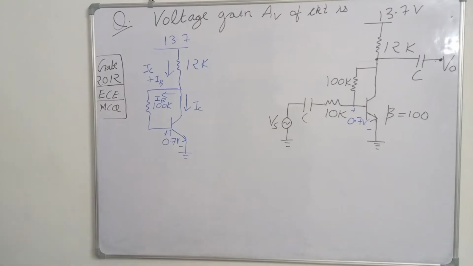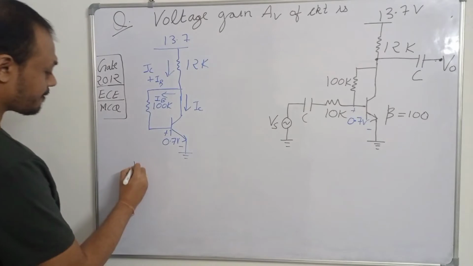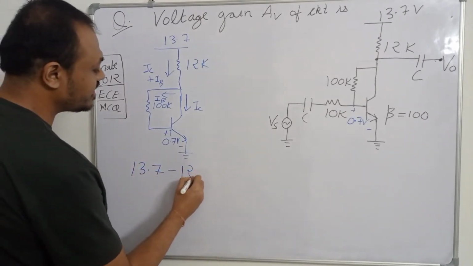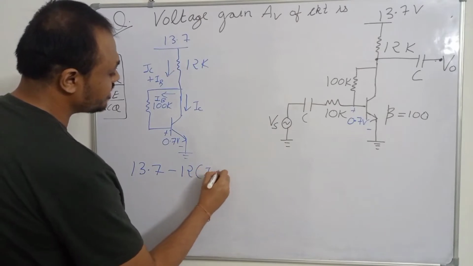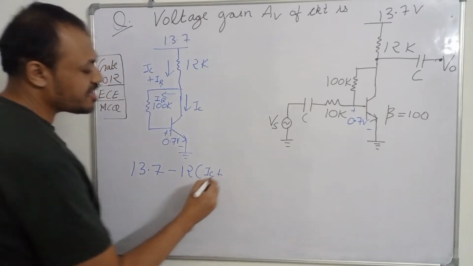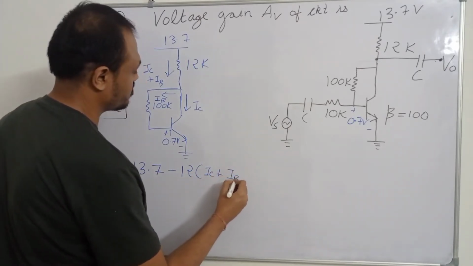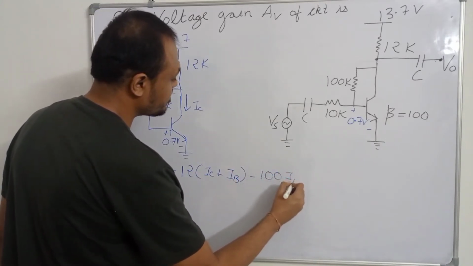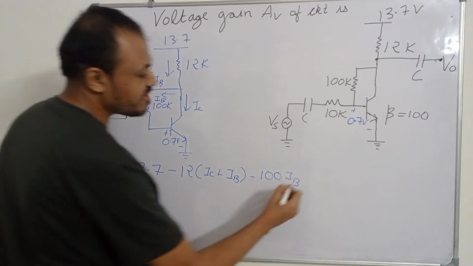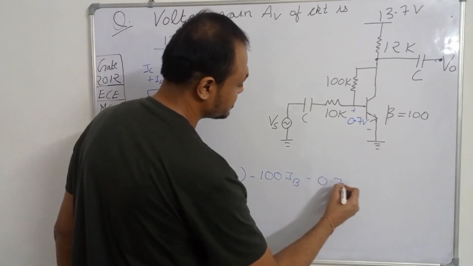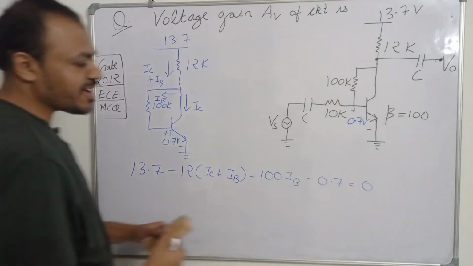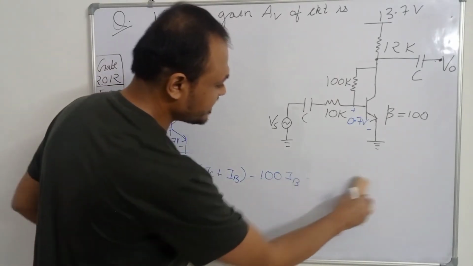Applying the KVL in the base emitter loop, we get 13.7 minus 12 times (IC plus IB) minus 100 IB minus 0.7 equal to 0. So 13.7 minus 0.7 will be equal to 13,